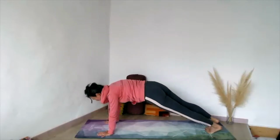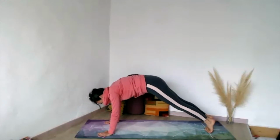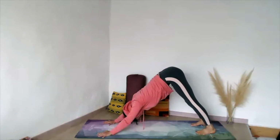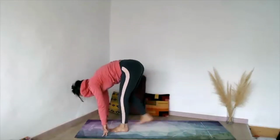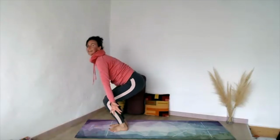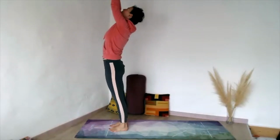Exhaling, coming into a high plank. Exhaling into the downward facing dog. And we look between the hands, stepping the left foot between the hands, right foot between the hands, bending the knees, inhaling with a straight spine, coming all the way back, arms together,